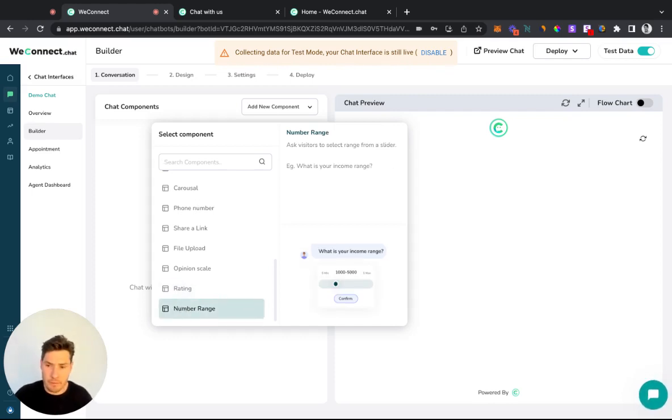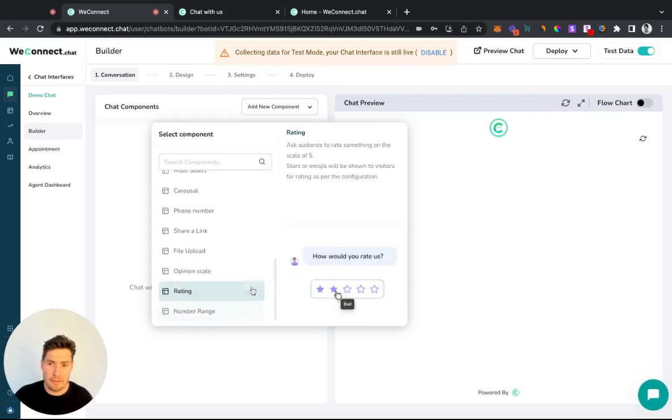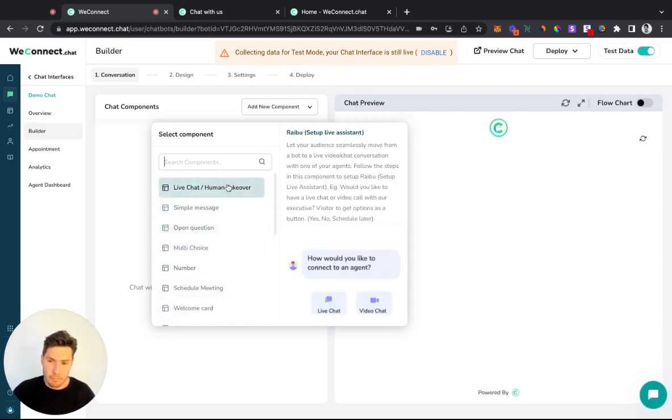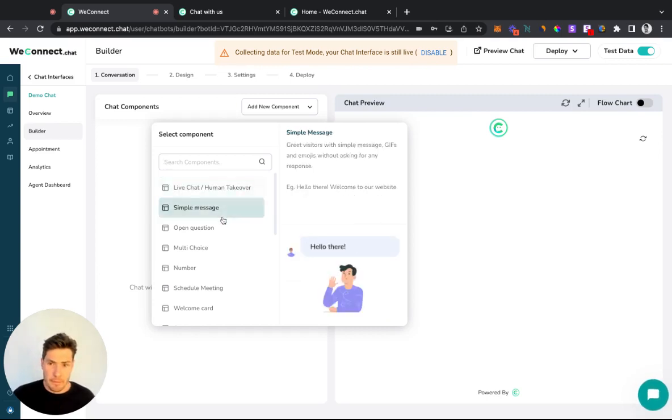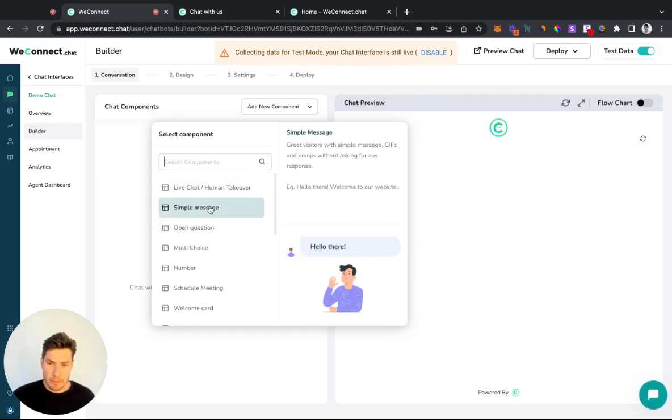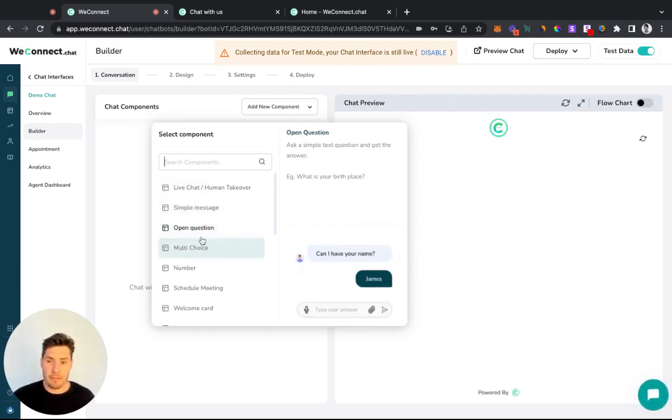So these are different chatbot components that you can select, with the live chat being one that people will use, of course, where they also want to have a live chat or a video chat. So here you see video chat as well. We should also name it here, because that's one of the key features in our product. We have our own native video chat software built into the product. So let's just quickly start with a